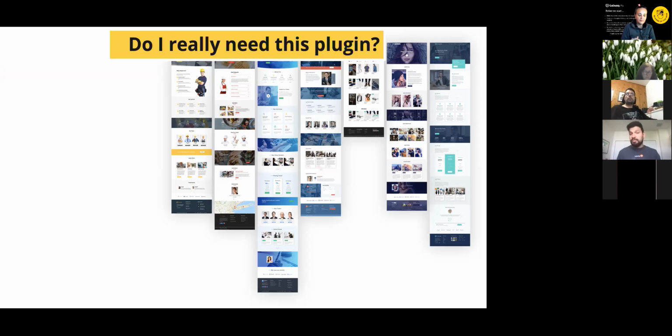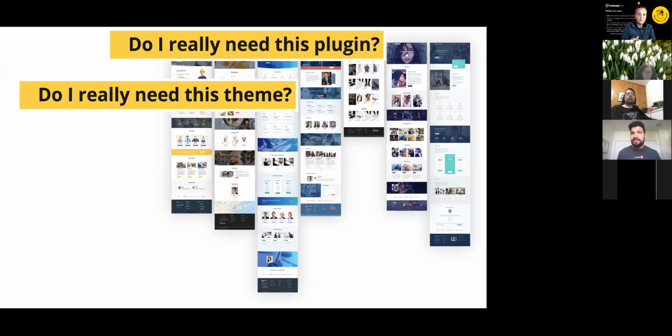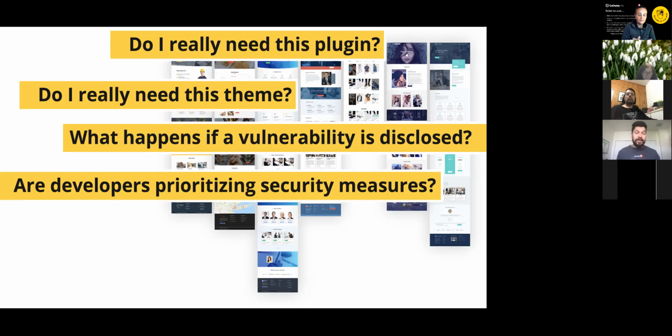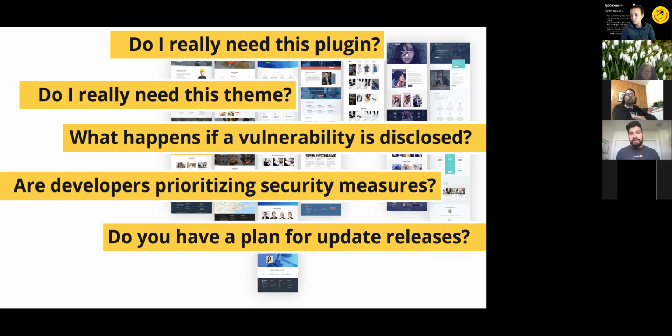And so another component is your actual software for the site. Do you need a plugin? Do you need a theme? What happens when vulnerabilities are disclosed? Do you have a plan for that? Are the developers that I've hired, or even developers for the software I'm downloading, making any effort to prioritize security? And as well as, do they have a plan in the event that there's an update and I need to make sure that the updates I have, perhaps important security updates,